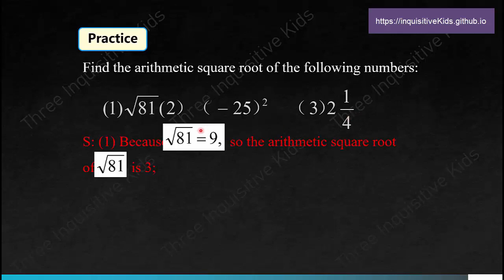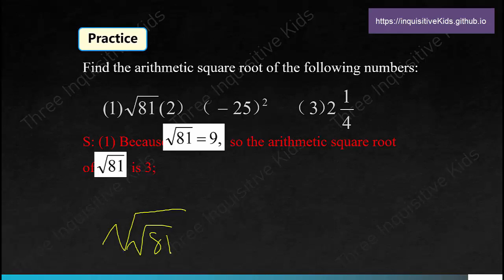First one, well, because 81's arithmetic square root is equal to 9, so the arithmetic square root of 9 is 3. So what this is saying over here is